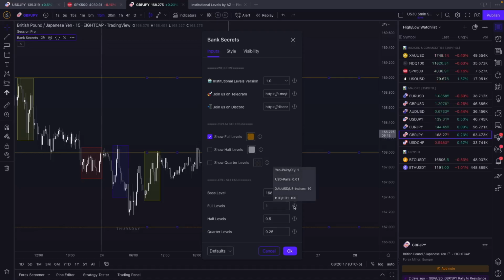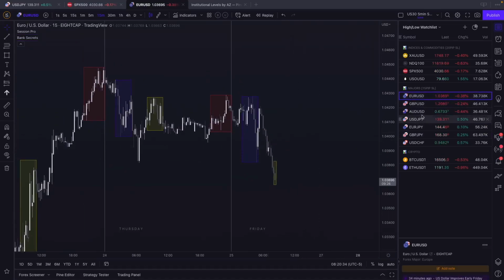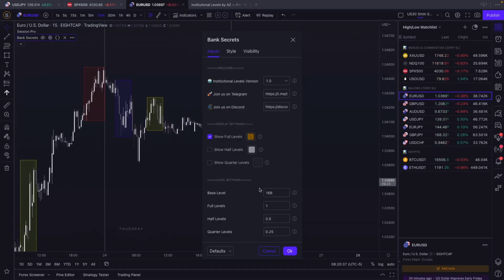So here, if you hover over the information button, for yen pairs and oil, you always use the setting of 1 inside this window. If we're, for example, switching over to USD pairs, so let's switch over here for a Euro USD pair, instead of using the value of 1, we would hover over this information button and we would use 0.01. I know you have to do it manually, but trust me, I tried it for multiple weeks to fully automate it and basically write an algorithm that automatically puts the right values into it,